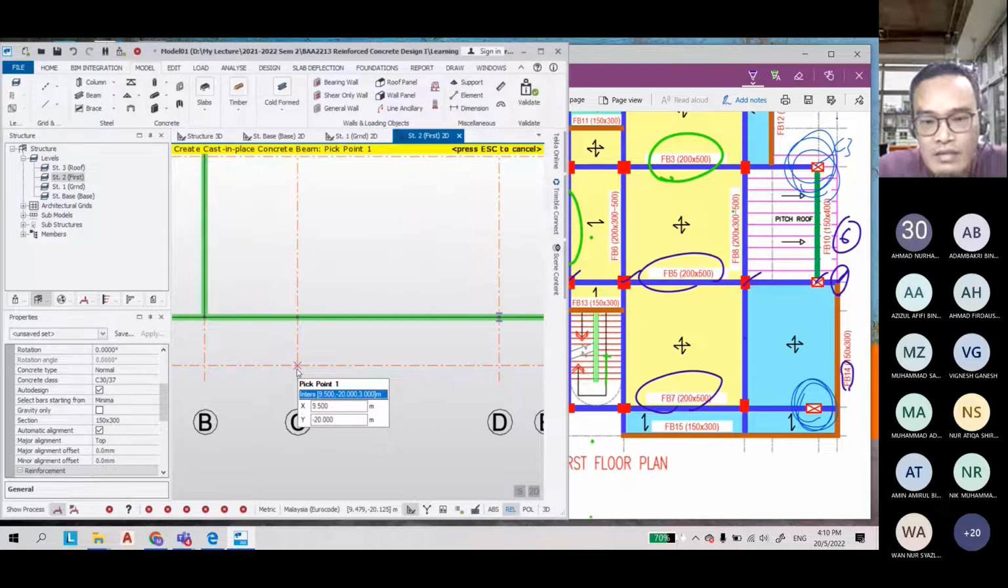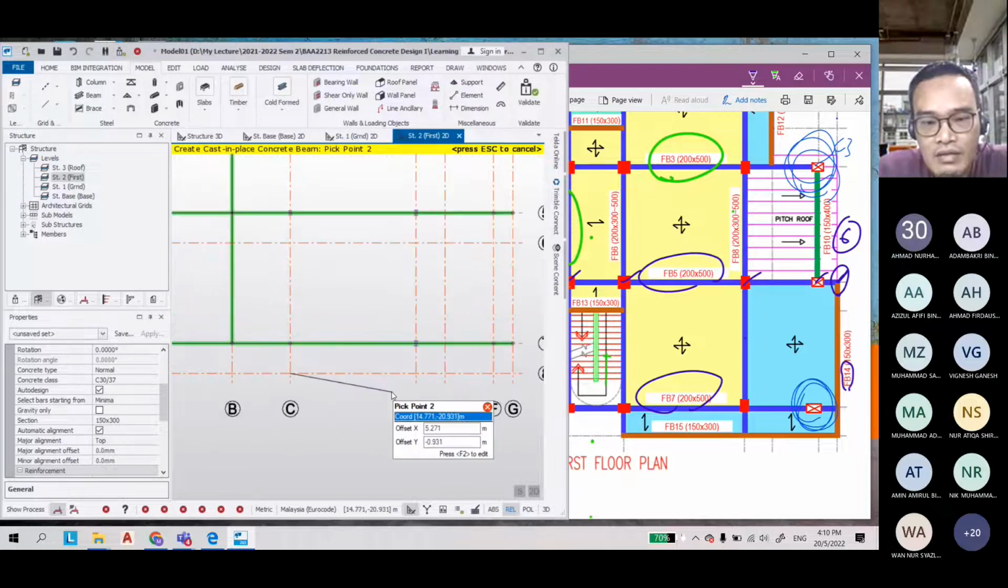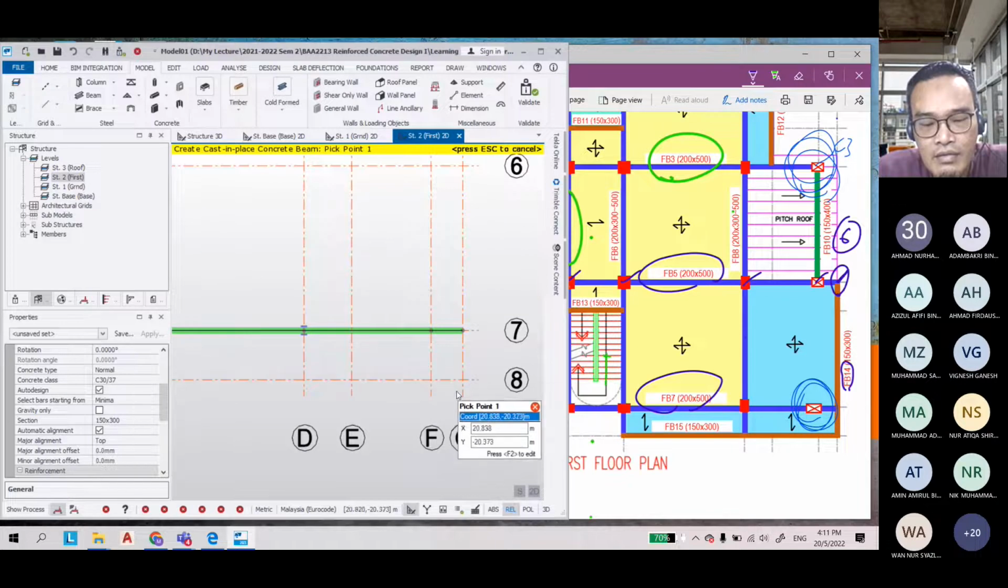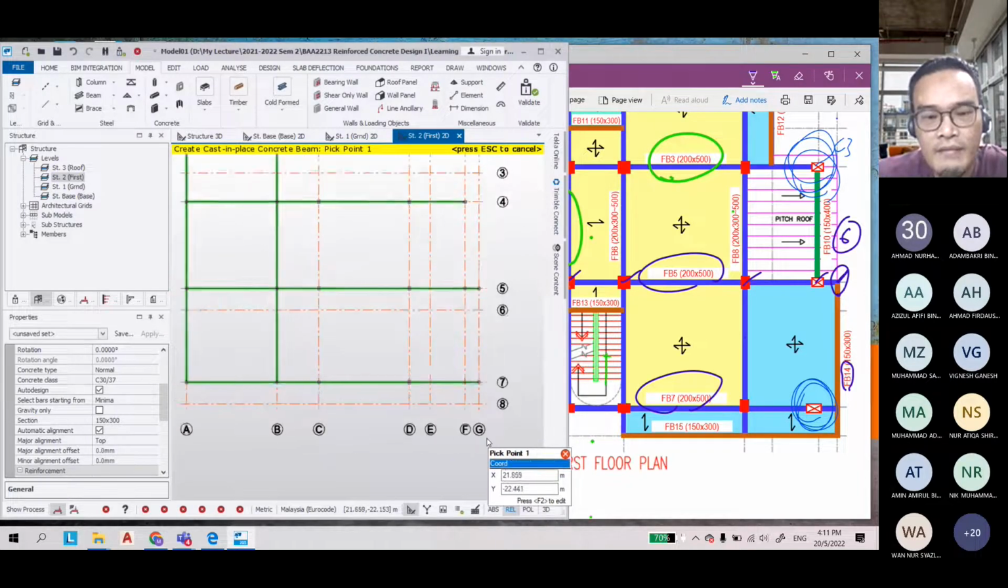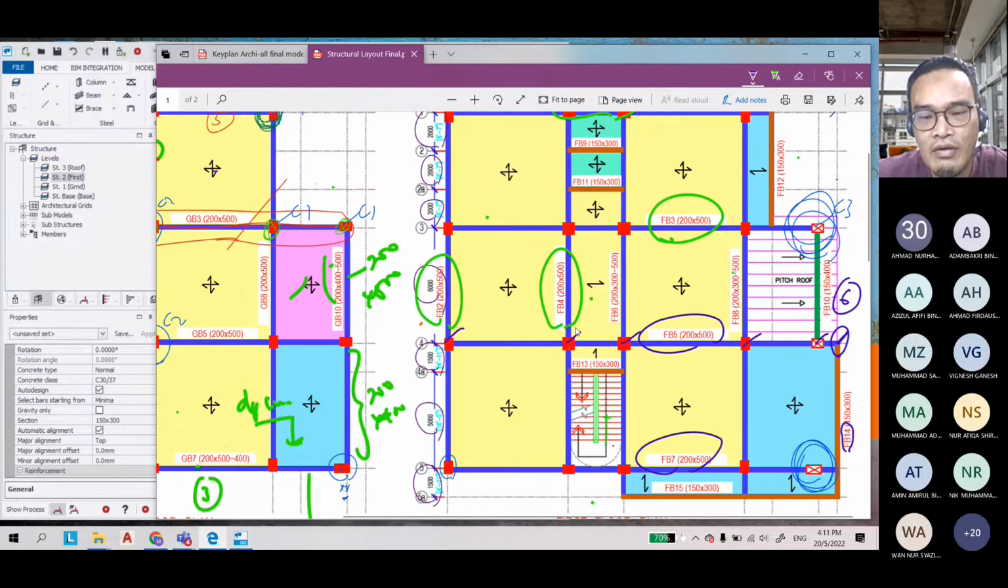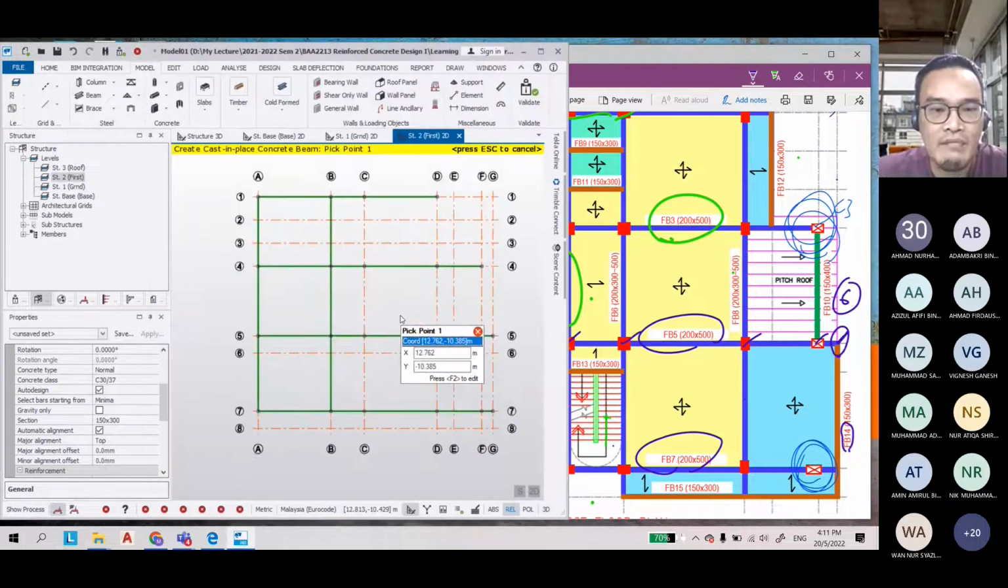So from here, 1, 2, and oh sorry, we better settle all the blue color beam with blue color, which means the primary beam first. Okay, so you go to the model and then